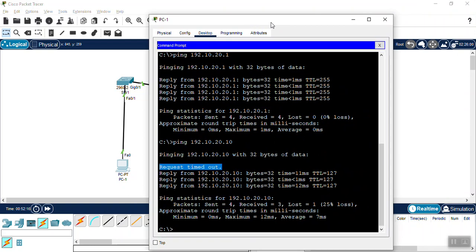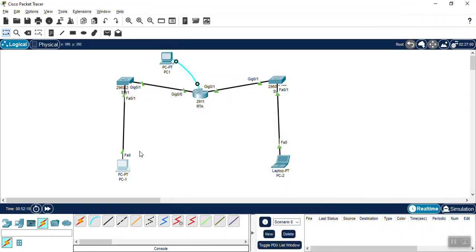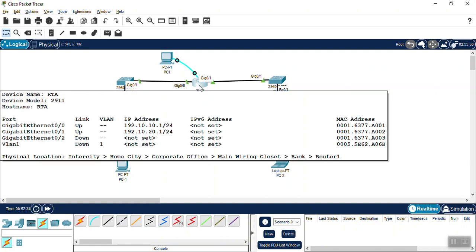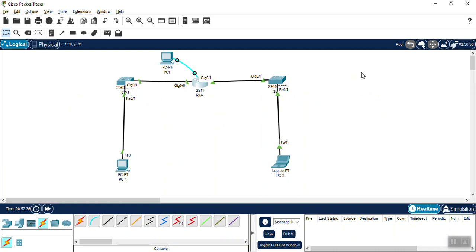Okay, so this is our lab that we have done. We have configured a very small network. Here you can see there are two network segments, because each port of the router has one network. This is one network, this is another network. We have connected two networks with each other with the help of a router. You must know that when we use a router, it means we are connecting different networks with each other, because a router is the device used to connect different networks.